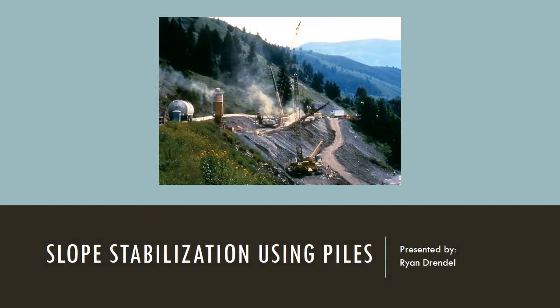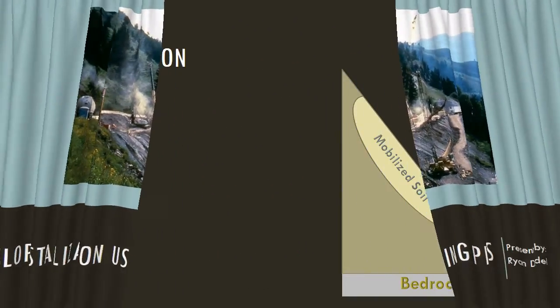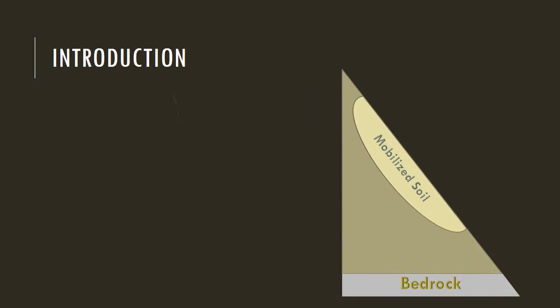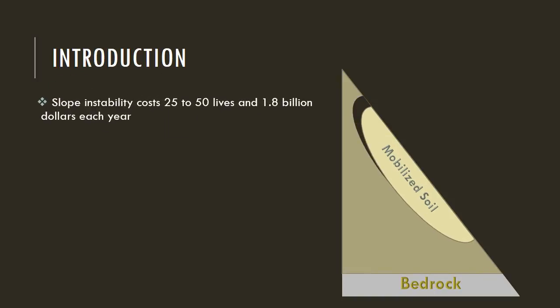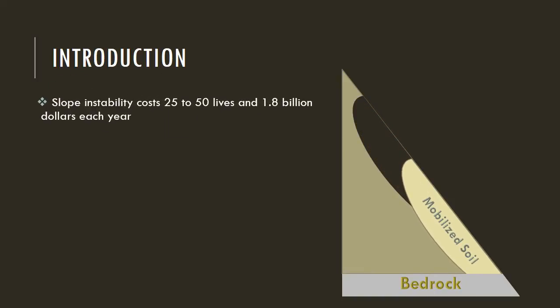After specialization topic is slope stabilization using piles. When slopes are unstable, soil can slide off, and when this volume of mobilized soil is large, the damage can be very costly. Slope failure causes an average of 25 to 50 deaths each year and costs $1.8 billion in